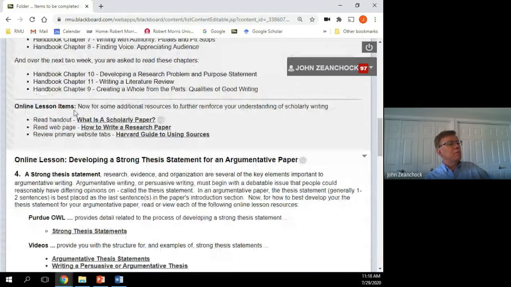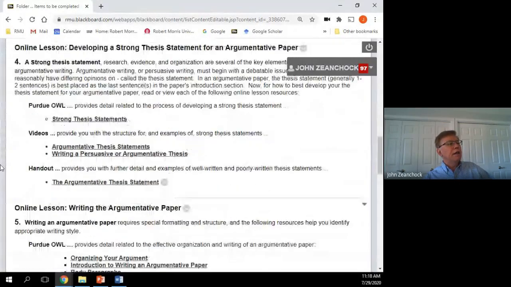I also give them some additional items for them to look at, like reading a handout, reviewing a web page, and looking through Harvard's Guide to Using Resources from Harvard University, which I think are excellent resources. Then another online lesson, developing a strong thesis statement and using Purdue OWL's take on how to write a thesis statement, several videos that I think do a good job, as well as a handout that I put together on